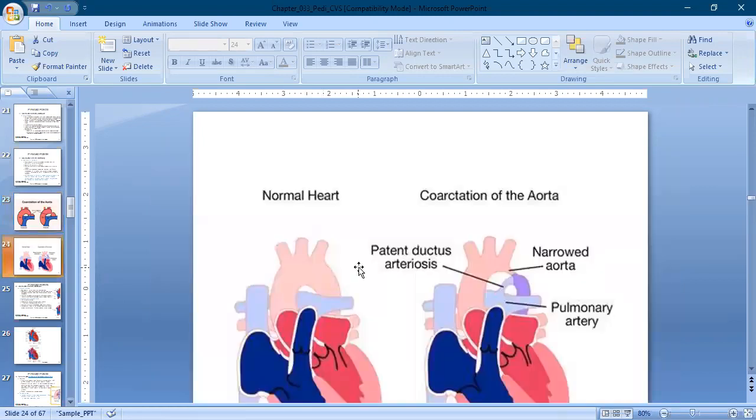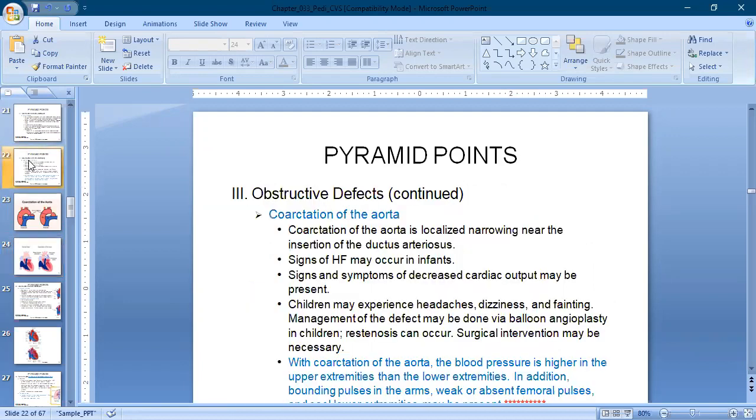It is here, the narrowing, close to the ductus arteriosus, right? This obstructs the blood flow from the ventricle. So coarctation of aorta, the key symptom